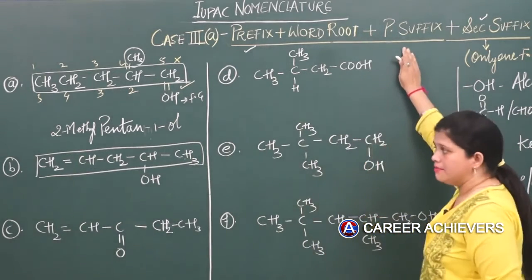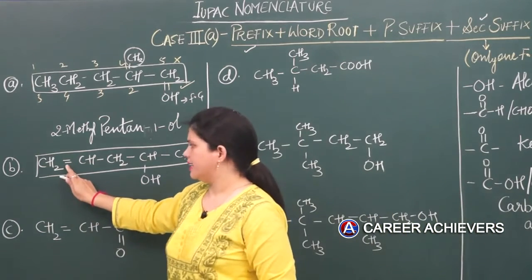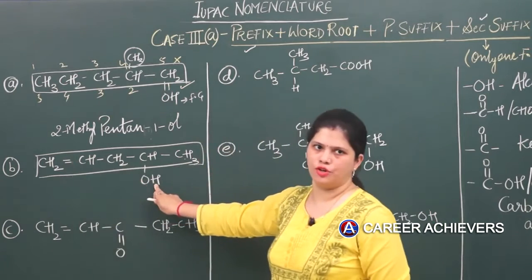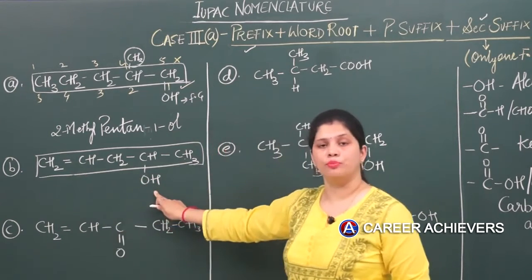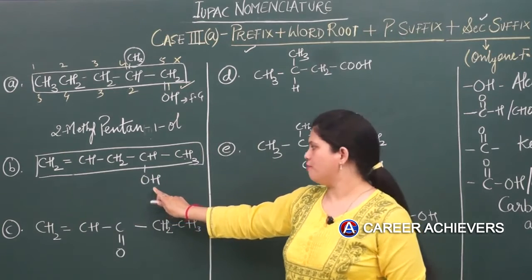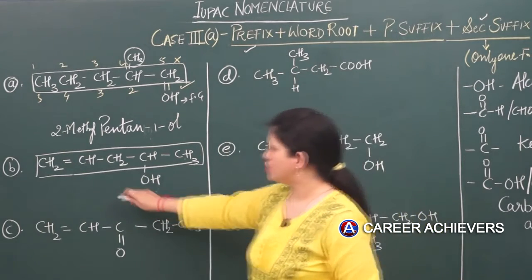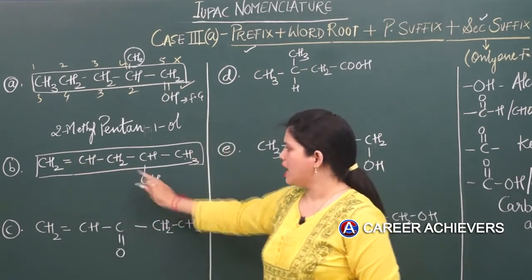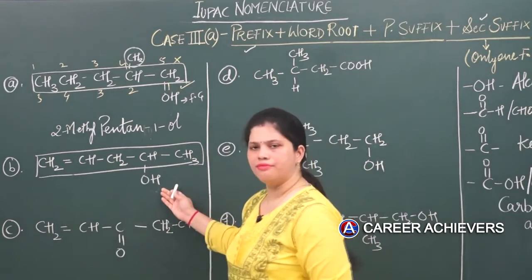And primary suffix, which is your bond, we can see double bond is there, right? So double bond is there and functional group is there. So if multiple bond and functional group both are there, then your functional group should get priority. Understand everyone? So out of double bond and functional group, double bond has to be getting the later number, meaning it has to be coming after the functional group.